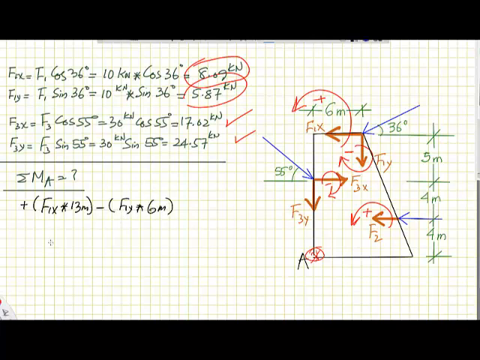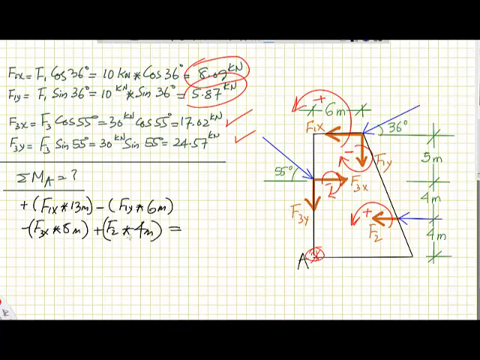And then we have F3x is negative, minus F3x multiplied by a distance of 8 meters. And then F3y doesn't have any rotational effect, as we said. And then we have F2 is positive, plus F2 multiplied by a distance of 4 meters,